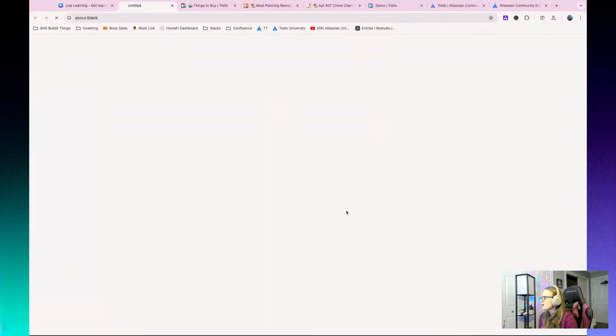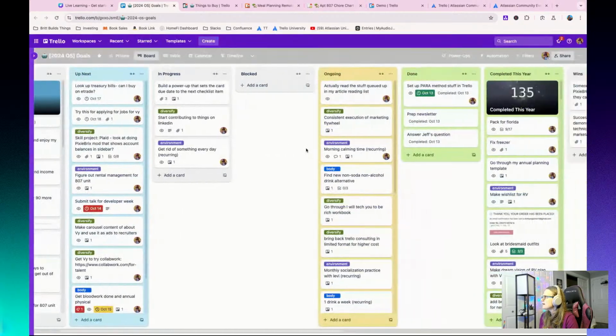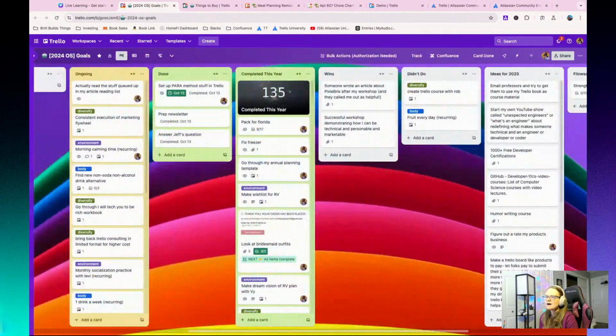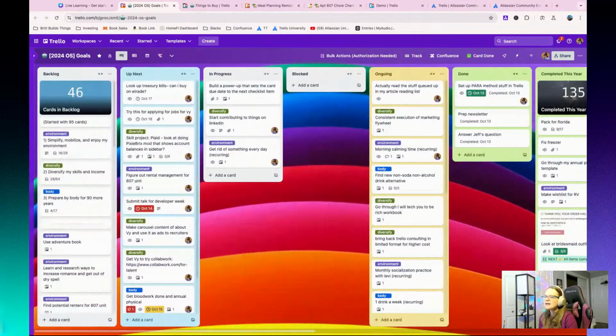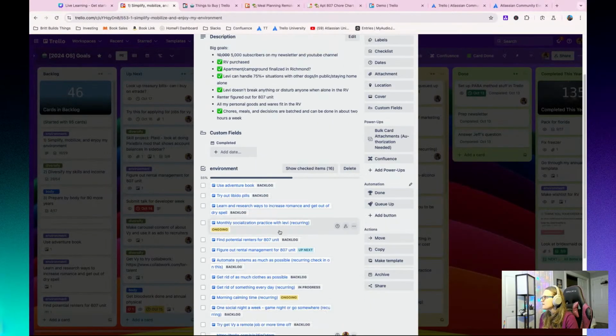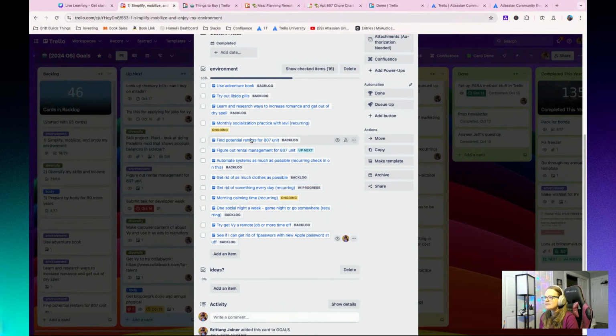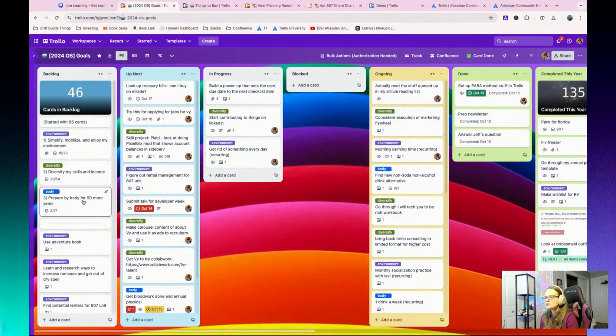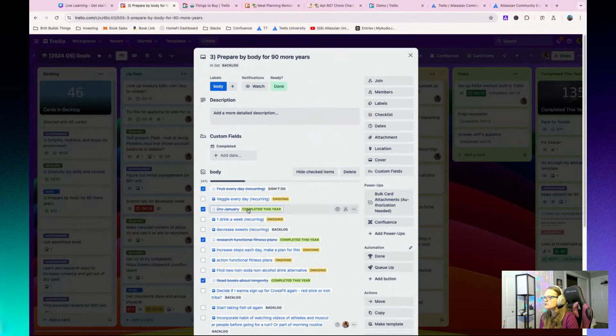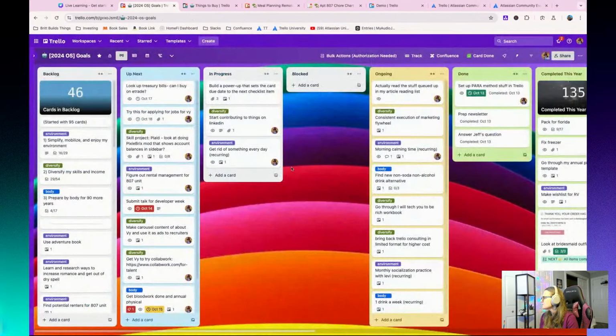And then I've also got my main board that I live out of, and this is where I keep track of all of my different high level things that I'm working on for the year. And so I've got categories of things and different goals relating to that. And then I've got specific cards that relate to those goals, right? So these are 3 things I want to work on this year. And then these are specific things inside of that. So all of these cards relate to each other.